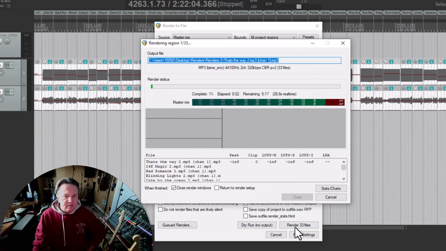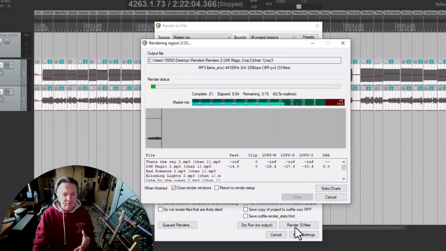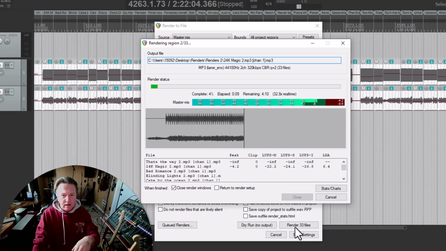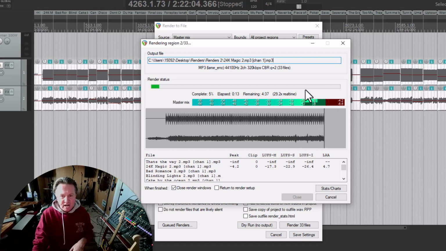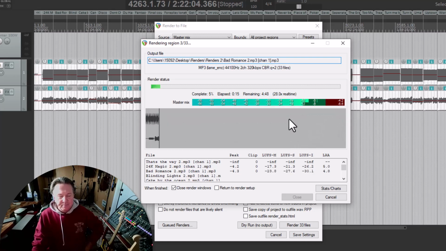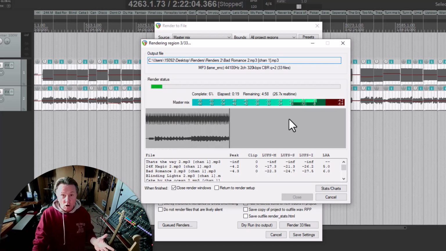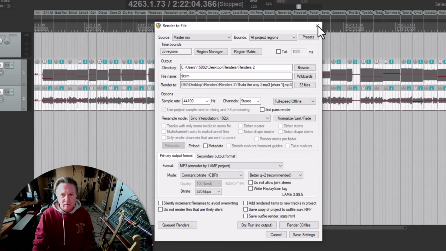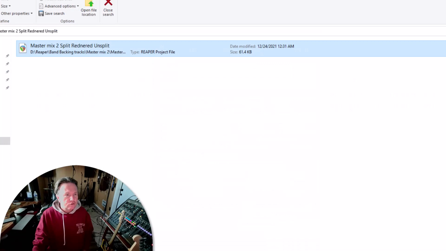So what it does is it'll start to render each file. Here's file 1. You see the click on the top. You see the music on the bottom. You're looking at your decibel levels right here. And there's the second render. And it'll just go through and it'll render all 33 songs. So I will cancel that and just kind of go to my desktop here, and I'll show you